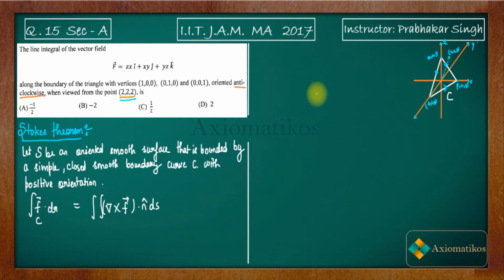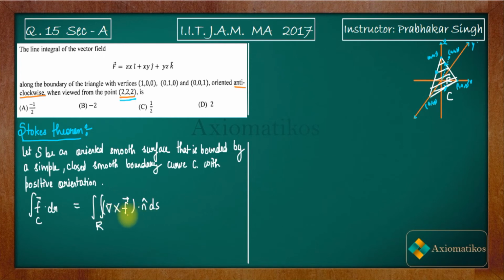So everything is satisfied. Now what is given to us? That it will satisfy the integral of F dot dr is equal to the double integral. Let us say this is the region R that it encloses. So R is the region that we have. So this is Stokes theorem. Now let us quickly apply it.